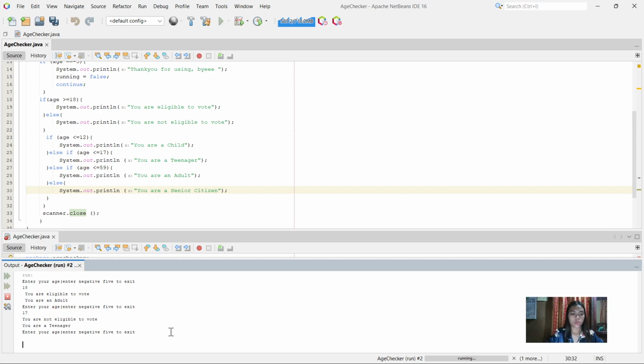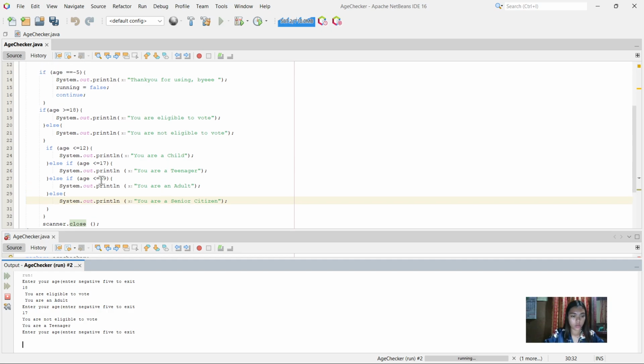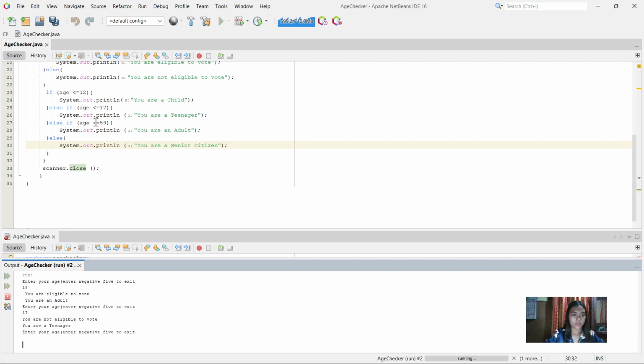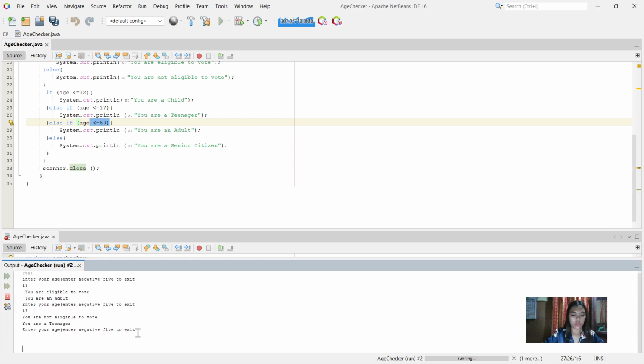Enter your age. So if I'm going to enter greater than 59, so for example 60, you are eligible to vote. You are a senior citizen.